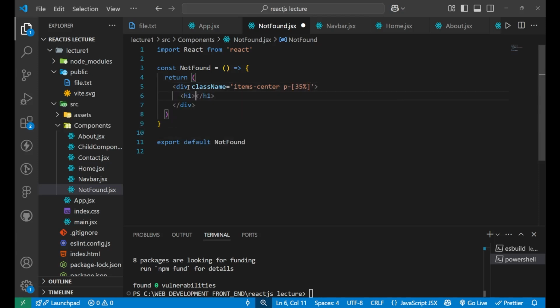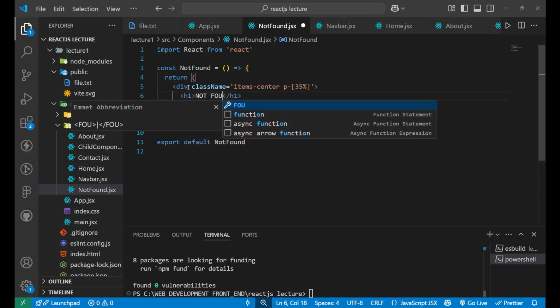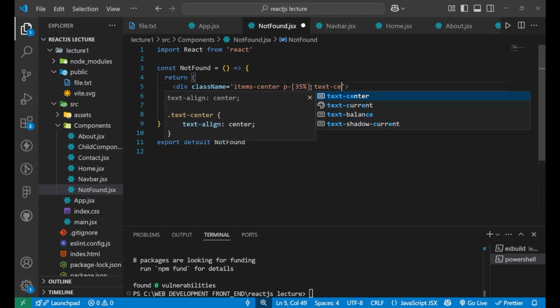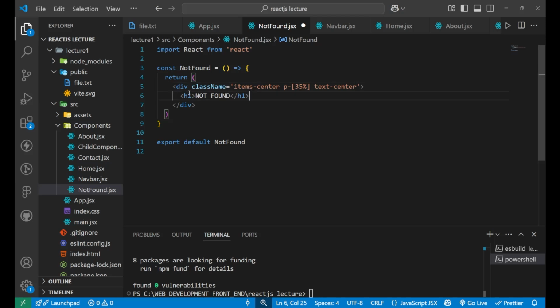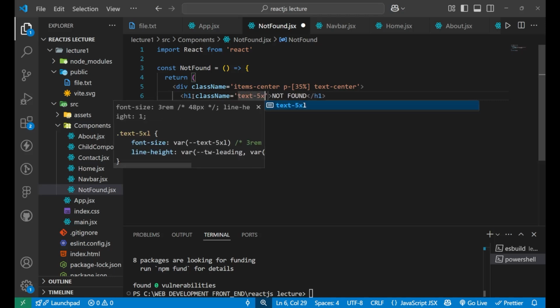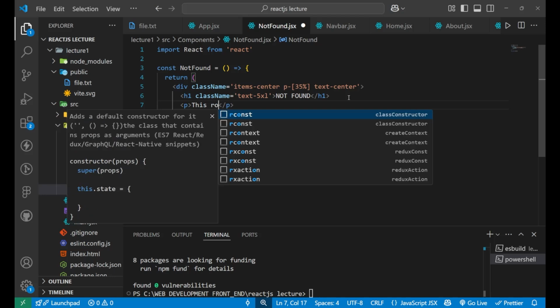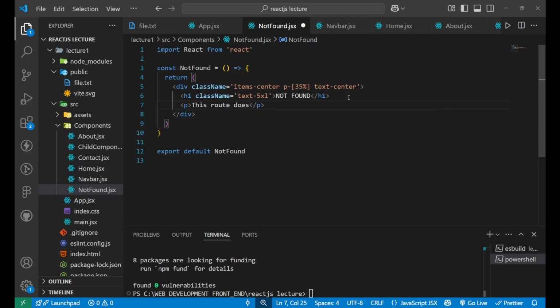And in the h1 tag I'm going to write Not Found, and give it a class name, let's say text-5xl. And provide a paragraph that says this route does not exist, and let's give a link also.